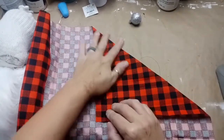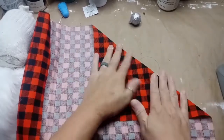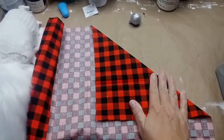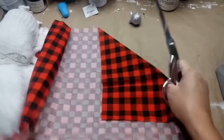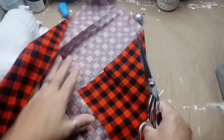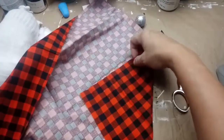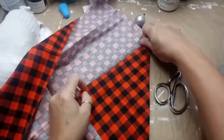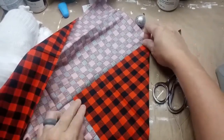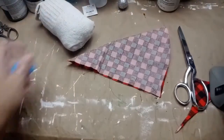So I'm just figuring out where I need to cut my fabric for the hat, and I had to tailor it a couple of times to make it work. The first time I cut it out was too big, so I fiddled with it a little, but I get that done. So cutting the hat and hot gluing,